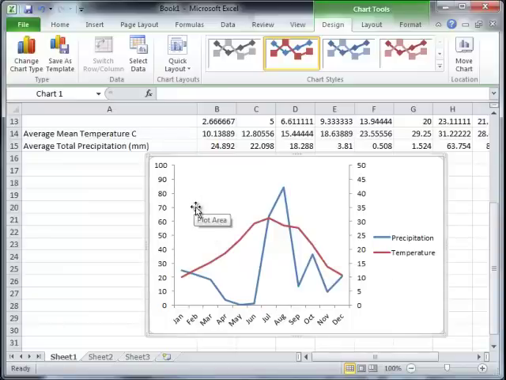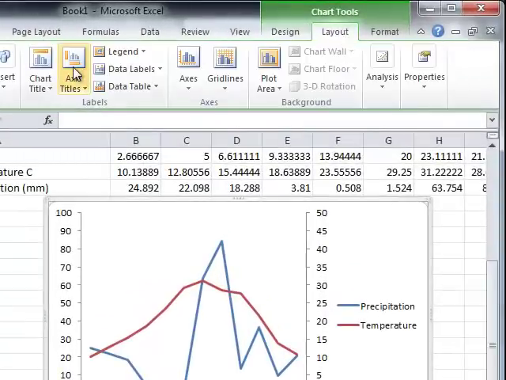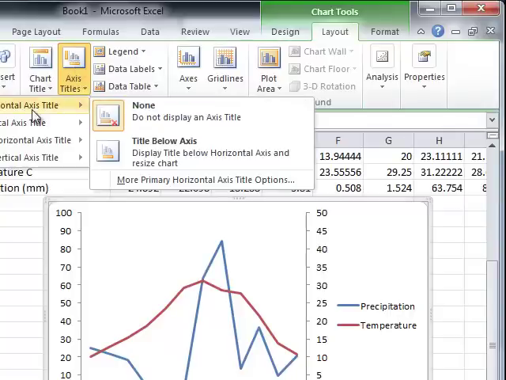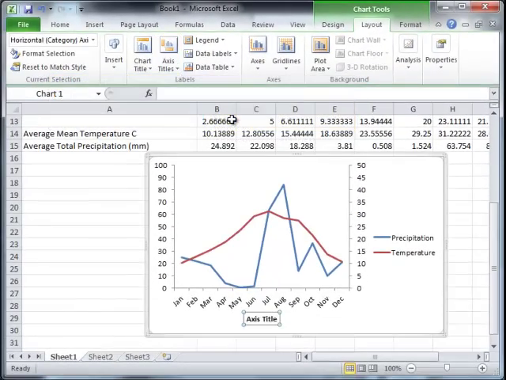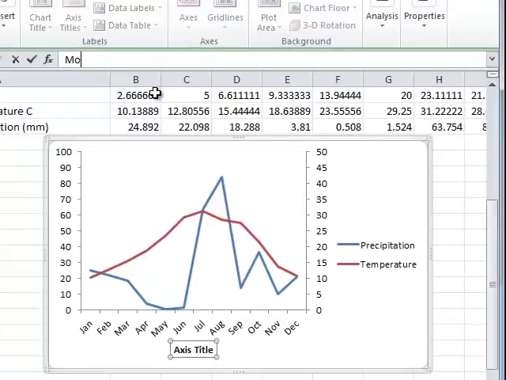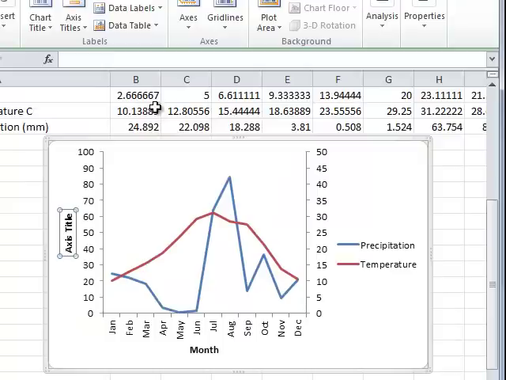Now I need to add the labels for the axes. So you go to layout, left click, and then chart axes, left click, and then the horizontal, and then come down to title below the axis. And then I just type in month, hit enter. And then I can click axis title, so the primary vertical, which is on the left, rotated display, and then type in precipitation